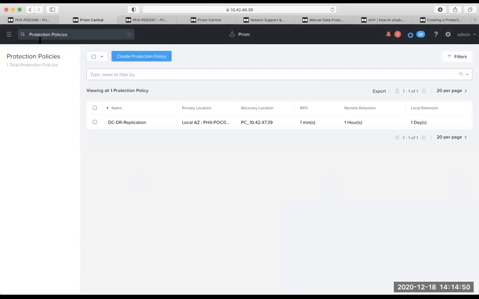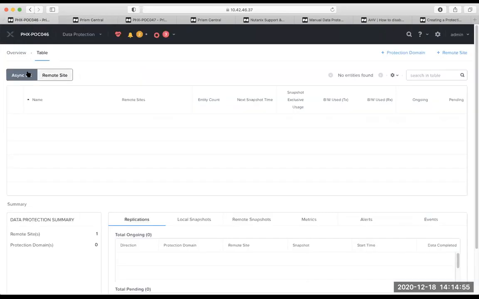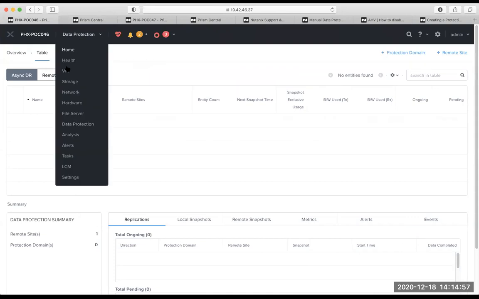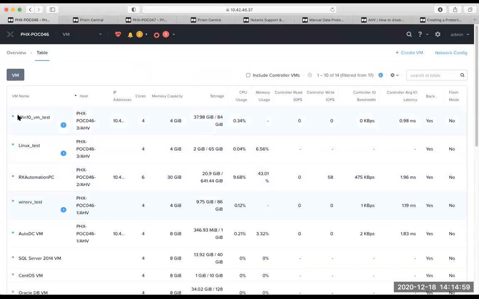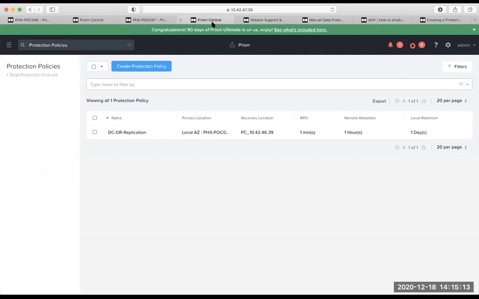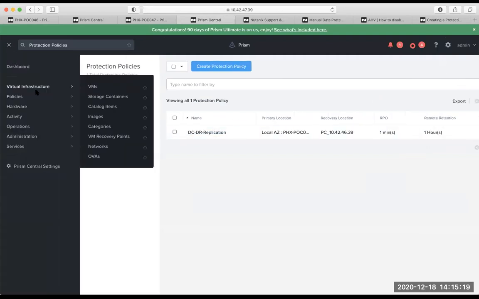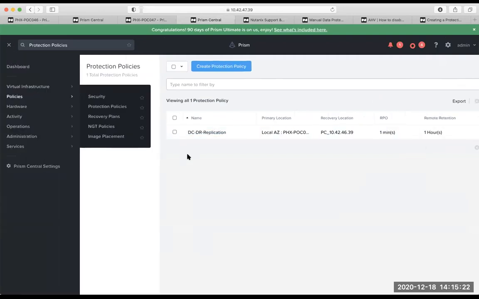And then once both of them start reflecting, now let's see if you want to fail over these VMs. These are the VMs which are all green. You see this, these are running on the DC side, and if I want to fail over them to the DR, I will just come here to the DR site of Prism Central, which is the 47 IP, and then I will go to the replication piece of it, and I will do a failover for this.